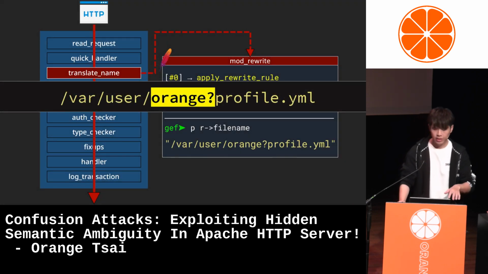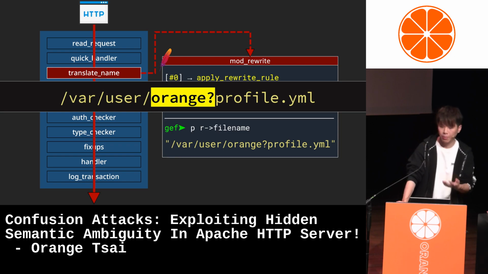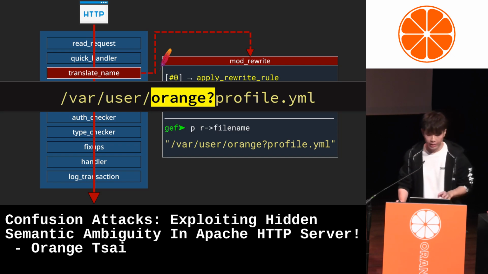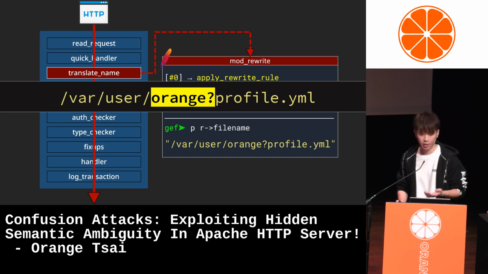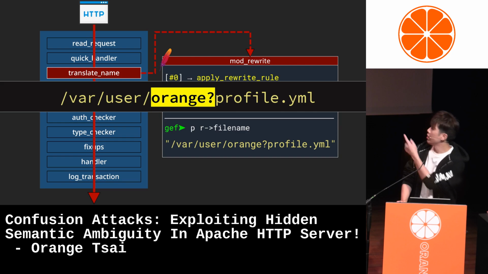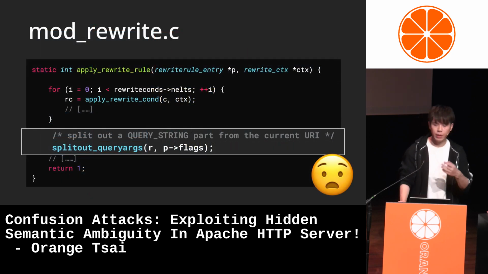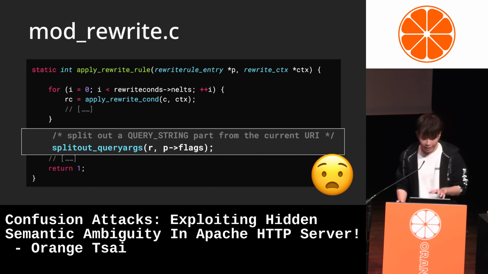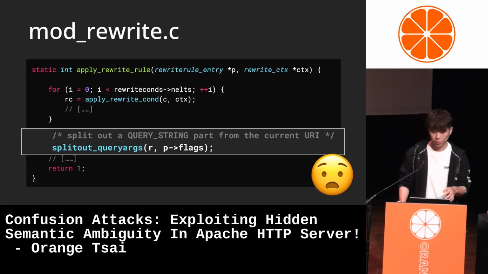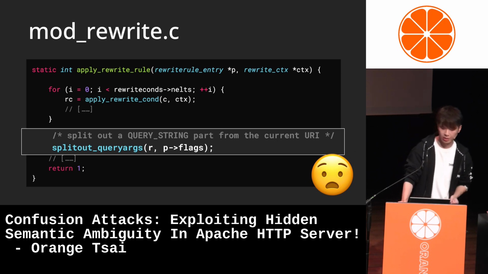During the name translation phase, the rewrite module will first process the rule and generate the corresponding destination target, just like this path. After the generation, even if the destination is a file system path, the rewrite module will treat all the result as a URL and separate the query part by the question mark.